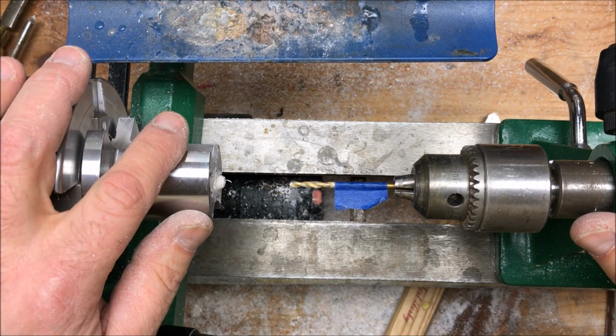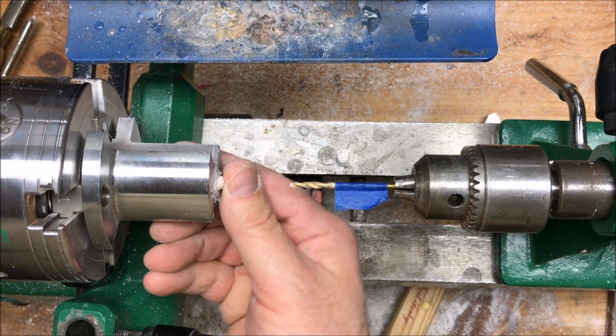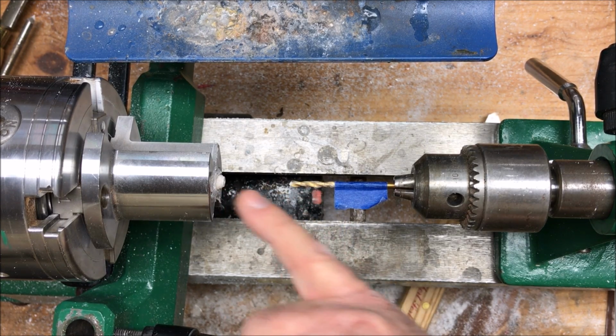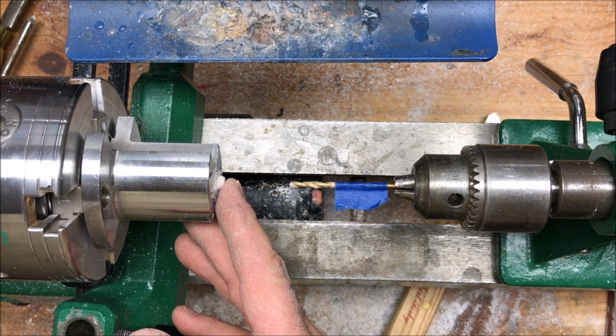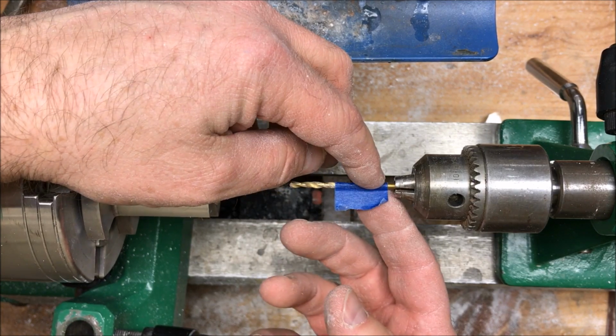I think I may have come up with an idea. I've got this little stub that is still hot glued very tightly into my chuck. I'm going to go ahead and drill through it with this 1/8 inch bit. Once the bit gets through, I'll remove the tape. I'll push the bit all the way up until the smooth section at the back of the bit is all